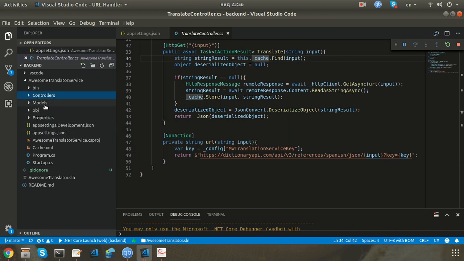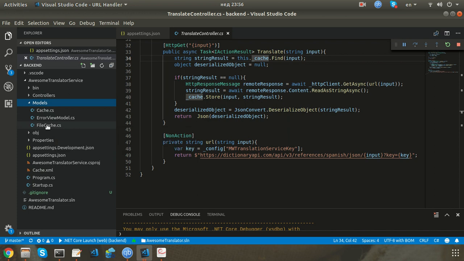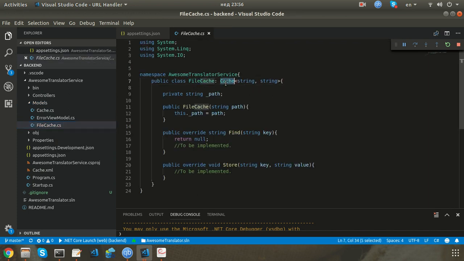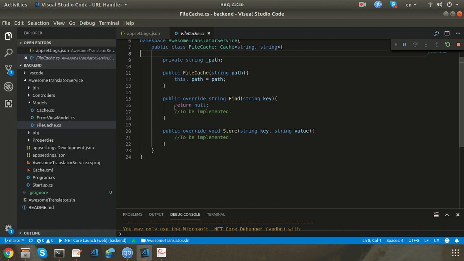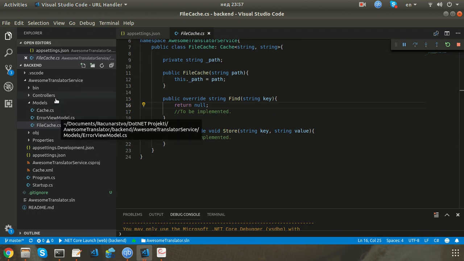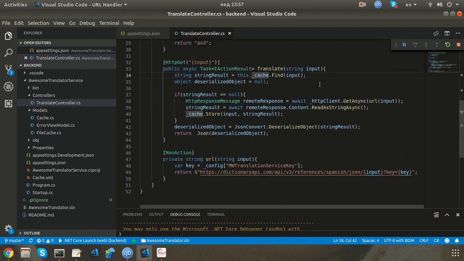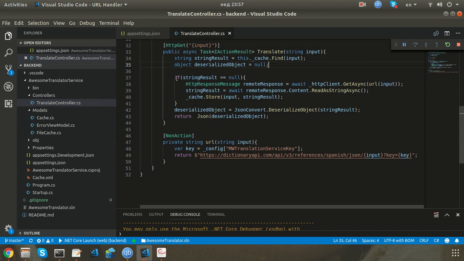Where are my models? Here. File cache. Okay, file cache implements or extends this base class, and it just returns null. So this is to be implemented. It's not functioning. It's not functional. Okay, so string result is null. Basically, this serialized object is null. If string result is null, so if we have a cache miss,